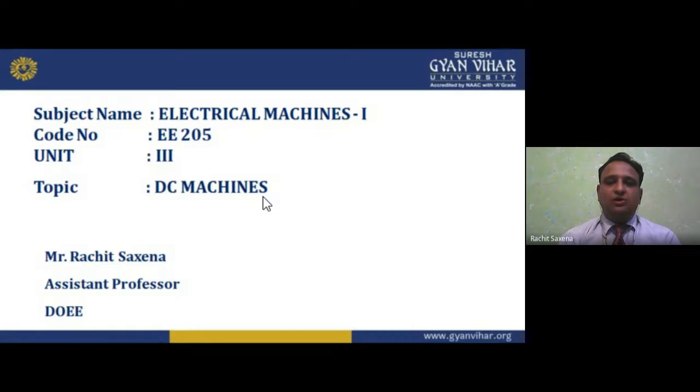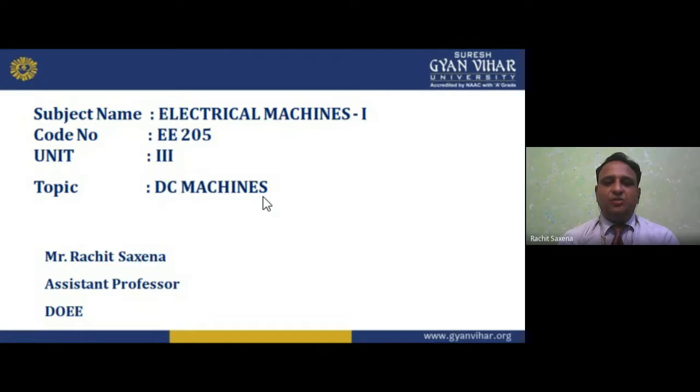As I earlier told you, the Electrical Machine One subject is very important in electrical engineering, and it deals with DC machines as well as AC machines. But DC machines have a very wide range, and for AC machines it is only transformers. The DC machines we are talking about are basically of rotating type, and the AC machine is non-rotating, that is, the transformer. So today we are starting Unit number three, a new unit, where we are going to study DC machines.